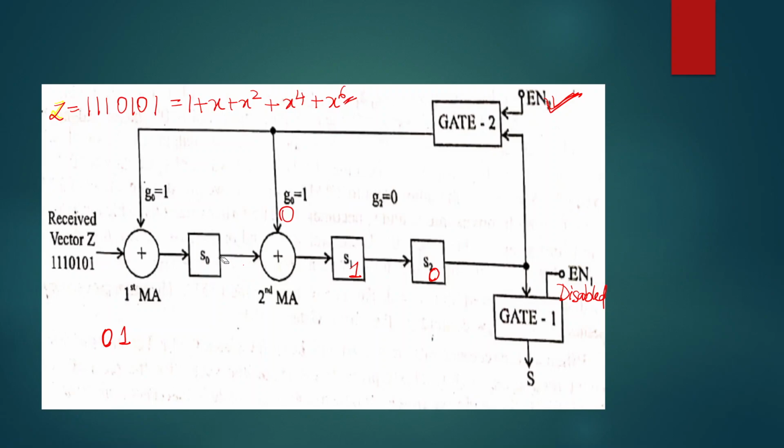Now let me start off with the first bit itself. Okay, we will restart again. So this is the all 0 combination. Initially when you send 1, I'll be repeating this again, 0 will be coming out of S2 and gate 2 is enabled, gate 1 is disabled. So 0 you are sending. Now the contents of the shift register will change.